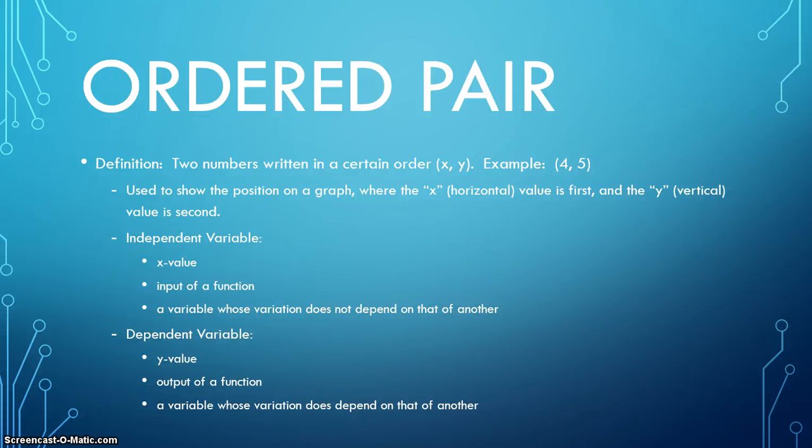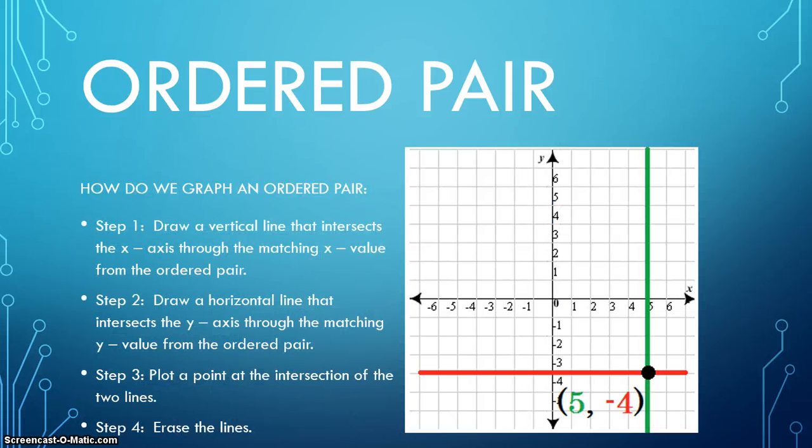Alright, so how we graph an ordered pair is pretty simple. It's a 4-step process. Step 1 is we're going to draw a vertical line that intersects the x-axis at the x value from the ordered pair. And then we're going to draw a horizontal line that intersects the y-axis at the matching y value from the ordered pair. Once we do that, we have two lines that intersect, and we're going to put a point right at the intersection. And once we have that point, we're just going to erase the lines,